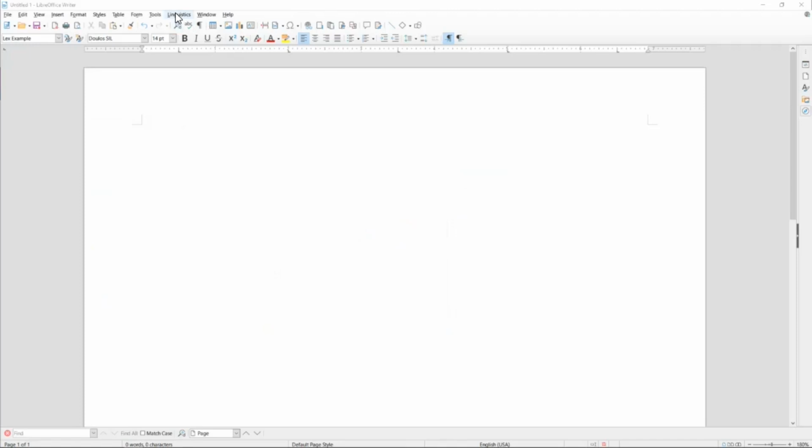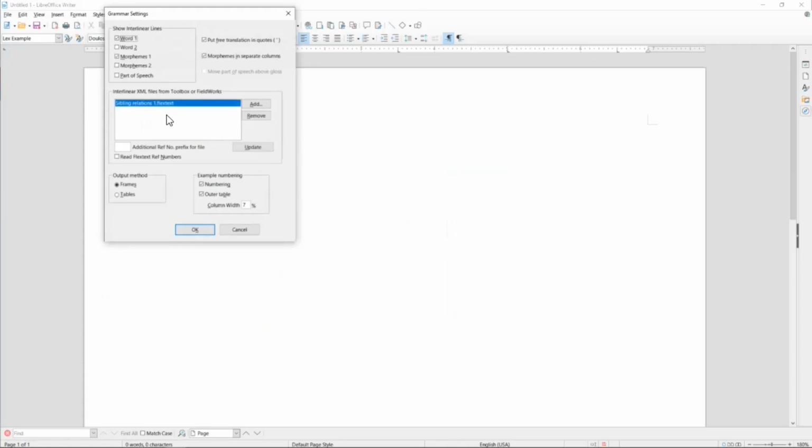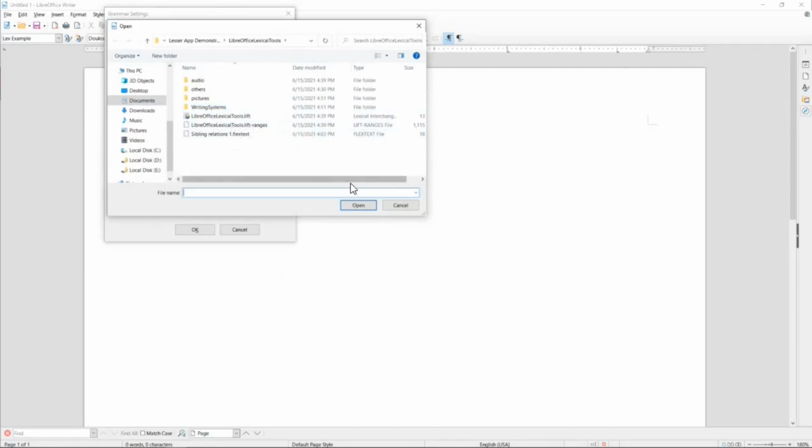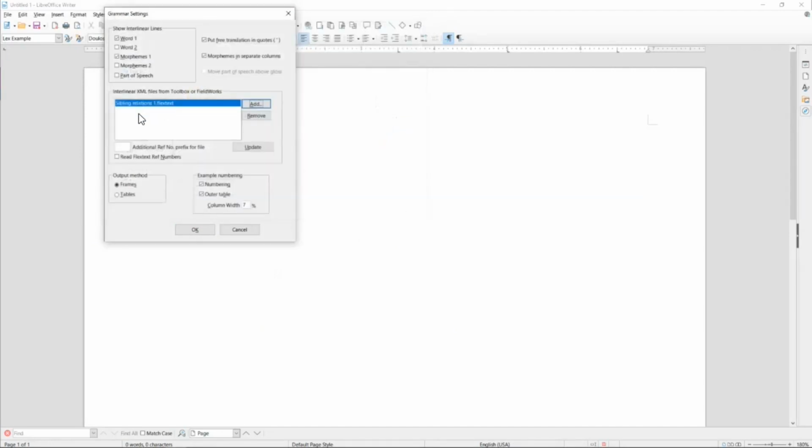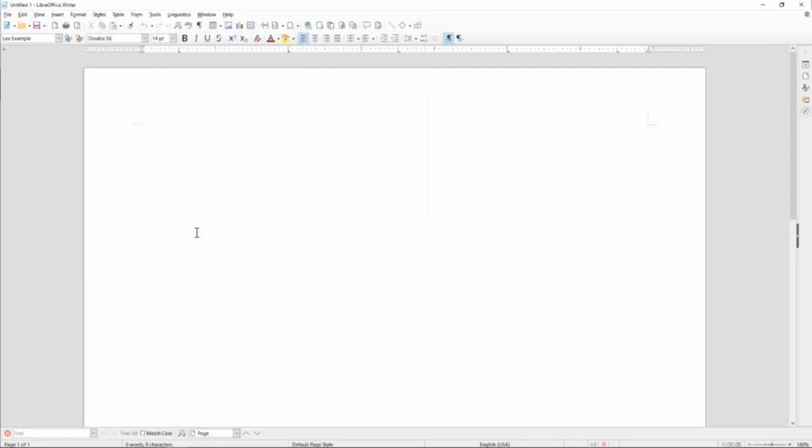So I'm going to click on Linguistics and then Interlinear Settings. You can see I've already added it. You just click on Add, and then it's the Browse button, and then you find the one you're after, and there you are. And you can have more than one. I'm only using one in my example. And then I'm hitting the OK button, and then it will search through my Flex text because it's XML and hierarchical, and it will know all of my examples. So I can now say, this is an example,